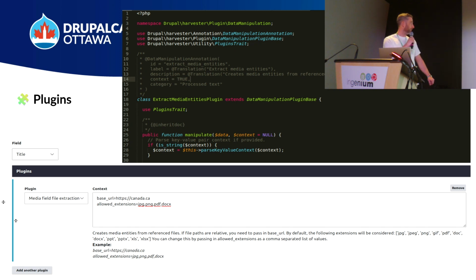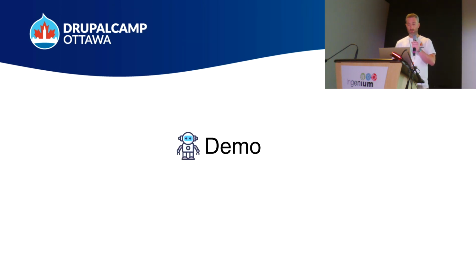And then we have our plugin system. So before we get into the demo, I thought I'd go over our plugins. So our plugins are defined. We define all the metadata and the annotation of the plugin. So when you add a plugin, for instance, in this picture here, we have a title field, and this title field has a plugin, and the label for this plugin comes from the annotation. And we also have the option of putting a context, so context true. You get this context box per plugin, and you can feed in